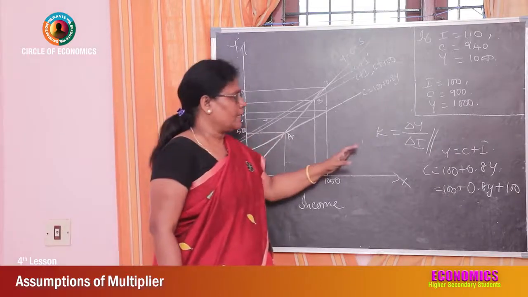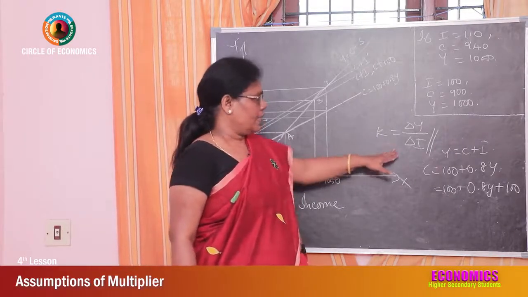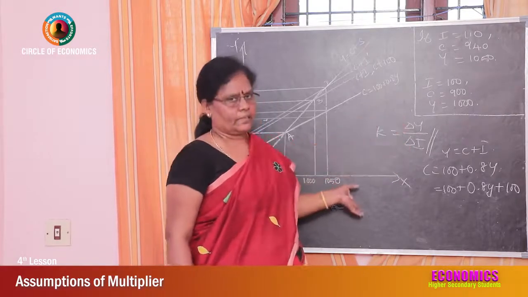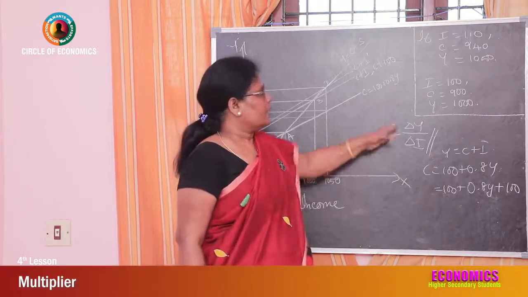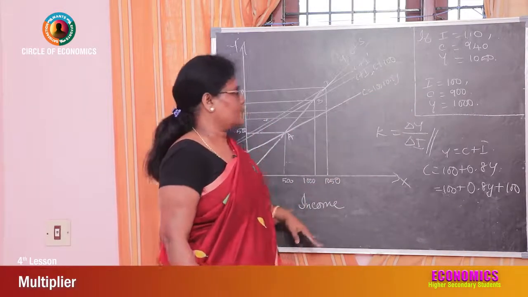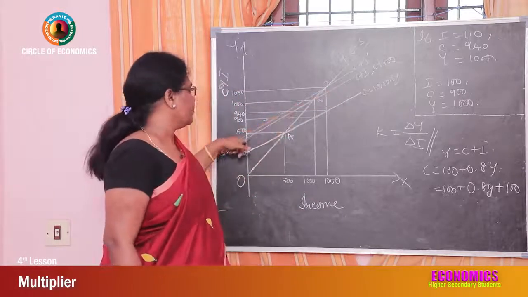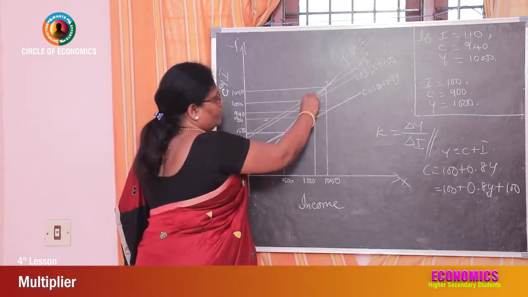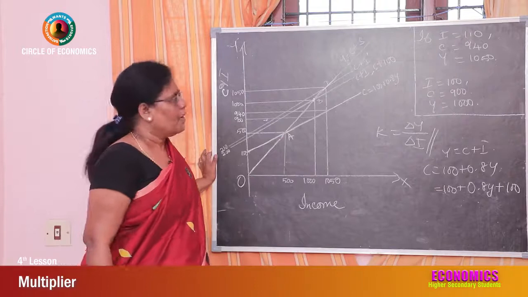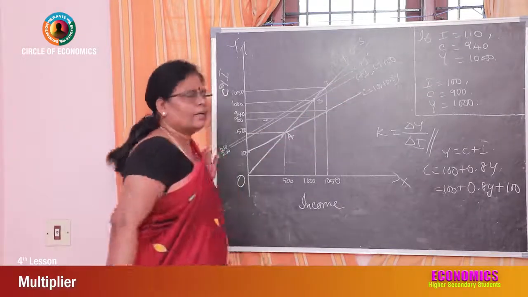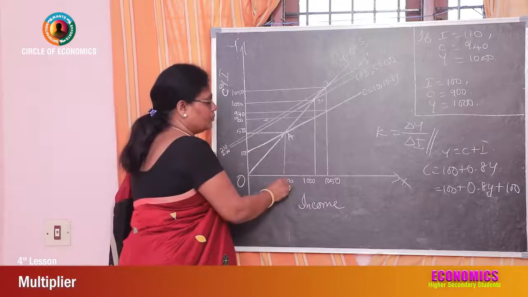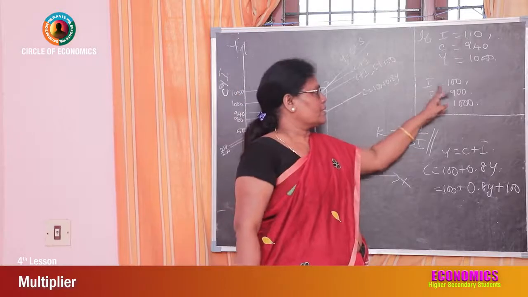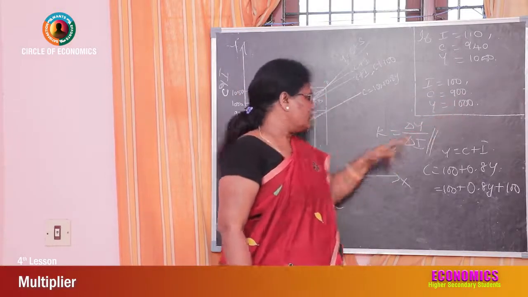Okay, so now what we are calculating? What effect is made when investment increases? When investment increases, income increases. So investment from 100 to 110 increases. This line is C plus 100 that intersects at point B. This is called equilibrium point. When this 100 crores are invested, what happened to income? Income increases to 1000. When investment is 100, income is equal to 1000.